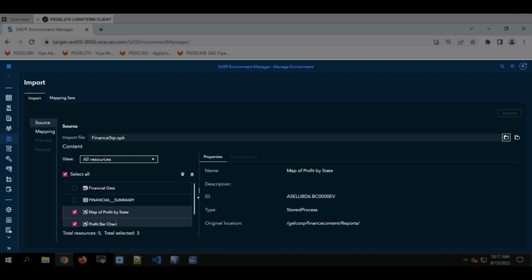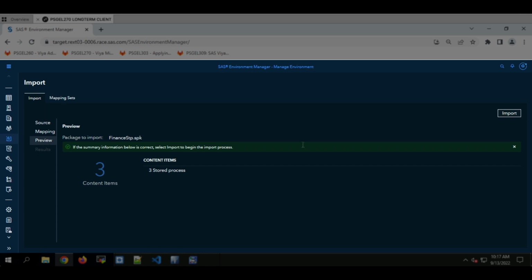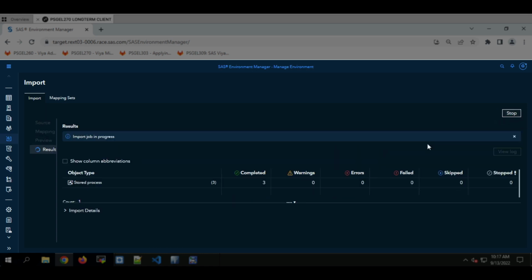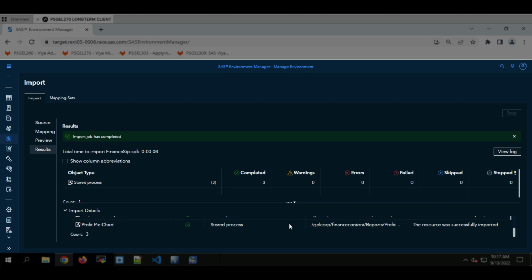I'm going to select just the 3 stored processes. Go to mapping. We don't really need to do any mapping for the stored processes. Select preview and then select import. It will run through the process of importing those 3 stored processes to SAS Viya, and of course creating the